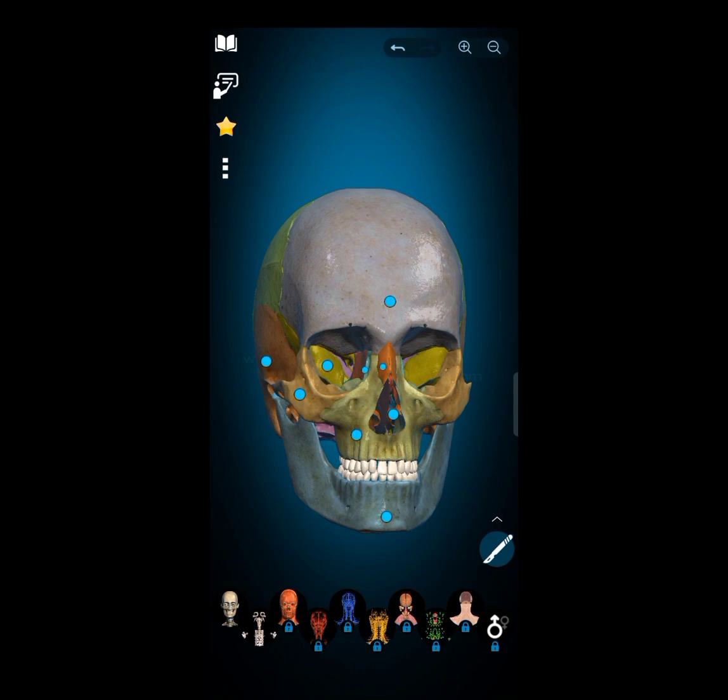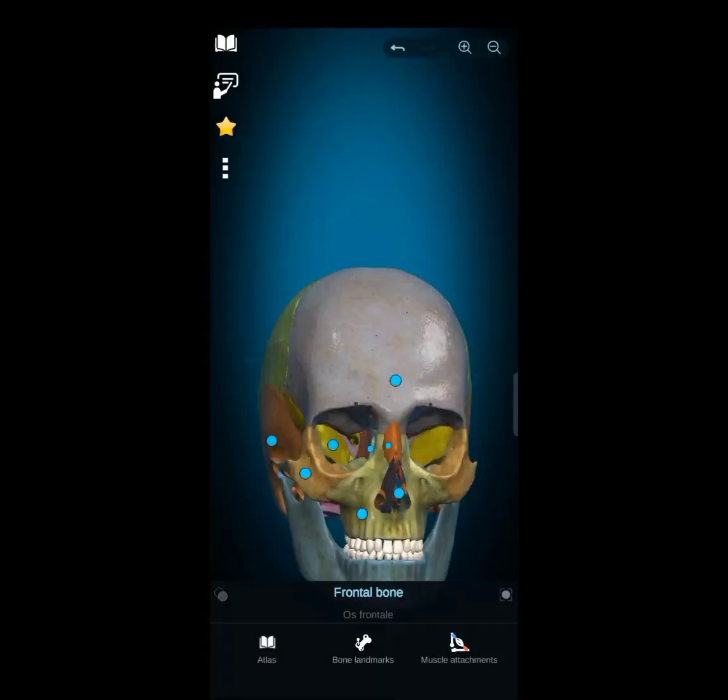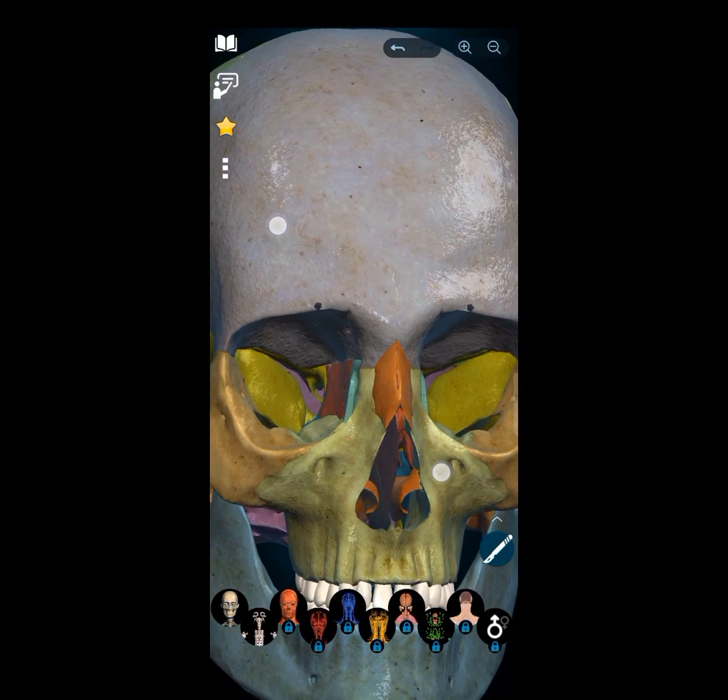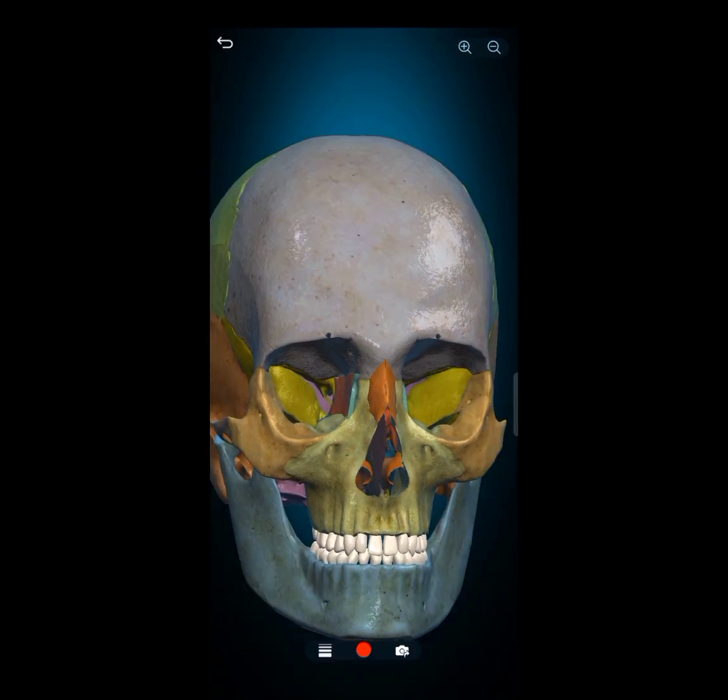In today's lecture, we'll discuss the anterior view. As we see from the anterior view, we get the combination of many bones. The first bone is the frontal bone. The frontal bone is also called the forehead bone. As you see, it curves downward and forward and makes the upper border of this orbit.